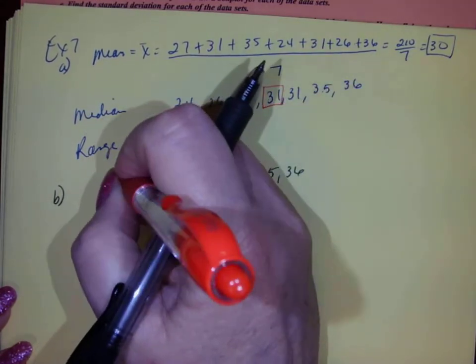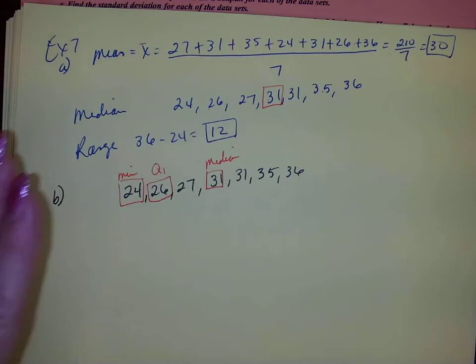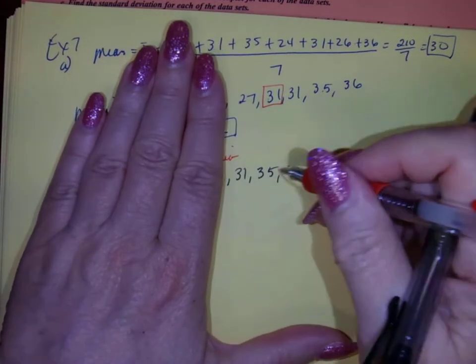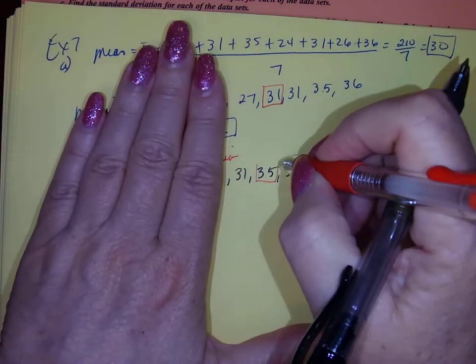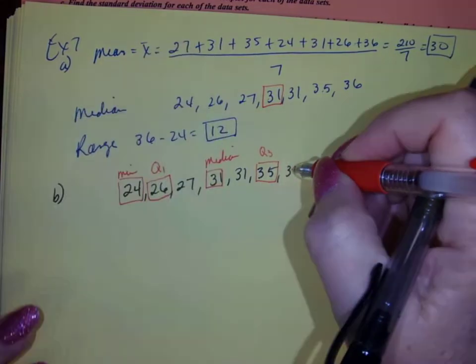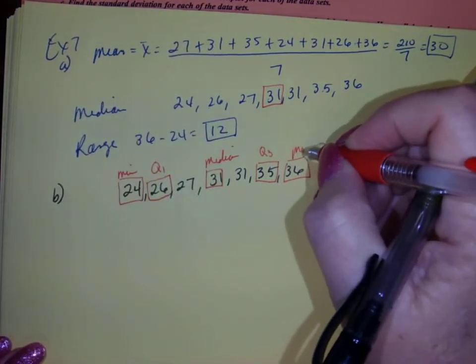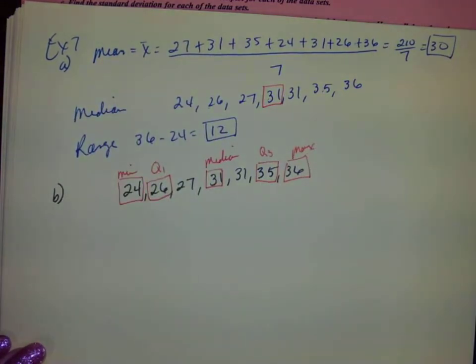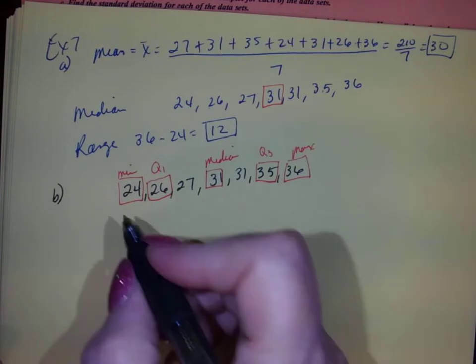And the guy at the bottom will be our minimum. And then on the upper half, with 3 digits, it's going to be the one in the center. This will be quartile 3. And this will be our max. Okay? So if we want to give the 5-number summary,